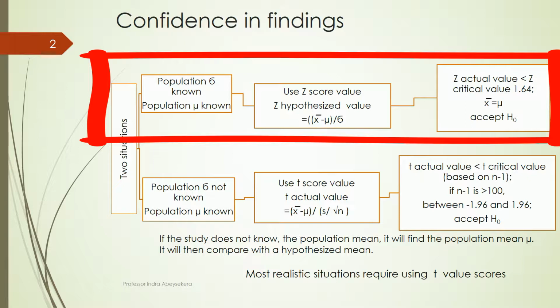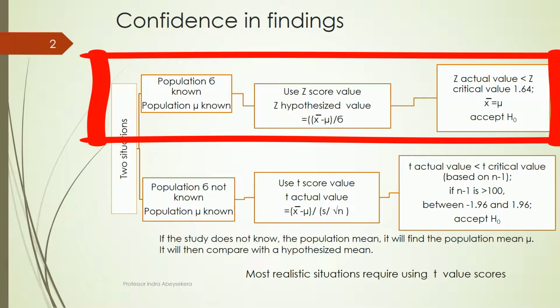For that confidence level, the z-score value is between minus 1.64 and plus 1.64. If the standardized difference falls within that range,